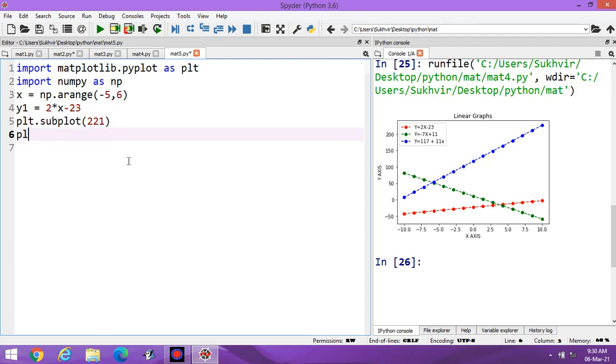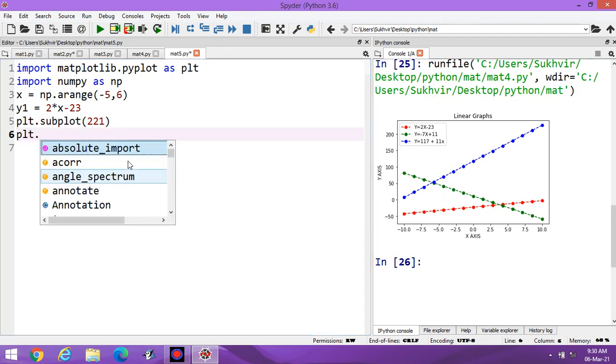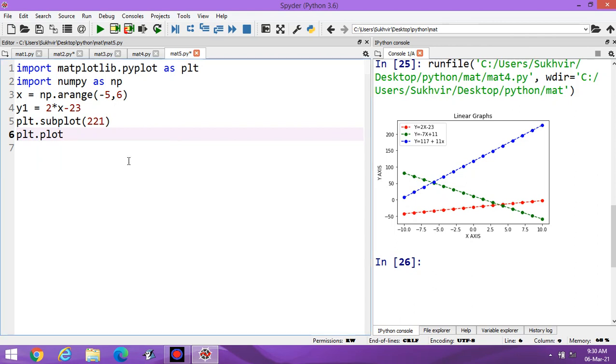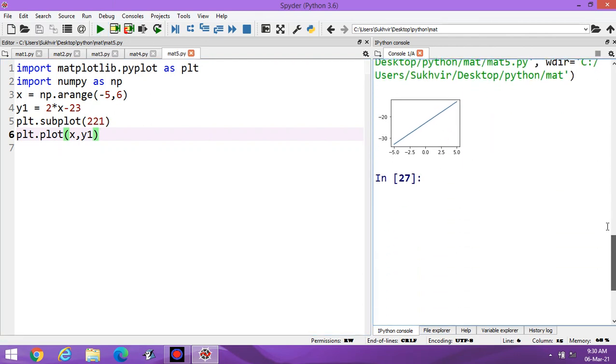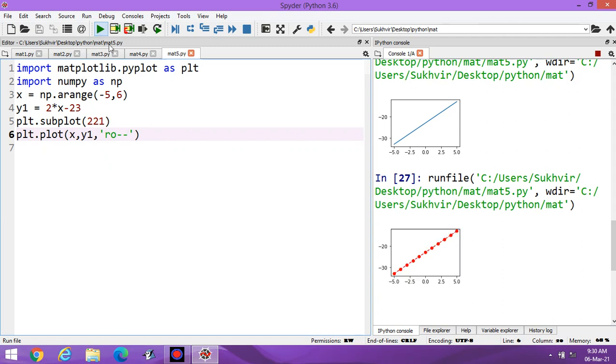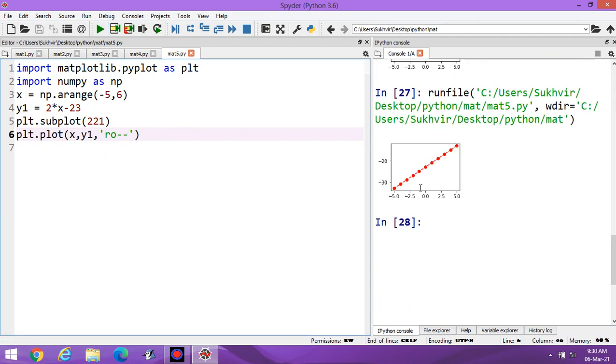After that, plt.plot, I can write x comma y1 and then execute the program. I can design the graph. This one is the first graph. To change the color, I can write 'ro--'.